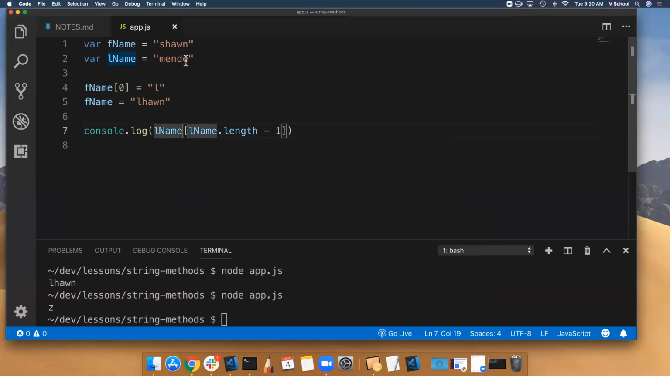Because with the name Mendez here, what number does this evaluate to? Yeah, so this evaluates to 5 minus 1, which gives us 4. Wait, 6 minus 1, thank you. Which gives us 5, which is the last character of the array, right? Index 5. Now, if I got rid of the Z, this is now 5 minus 1, evaluates to 4, and gets me